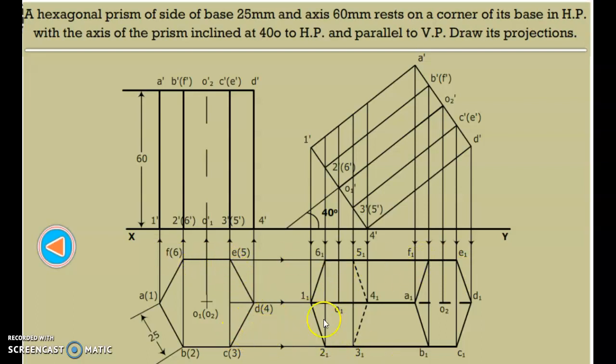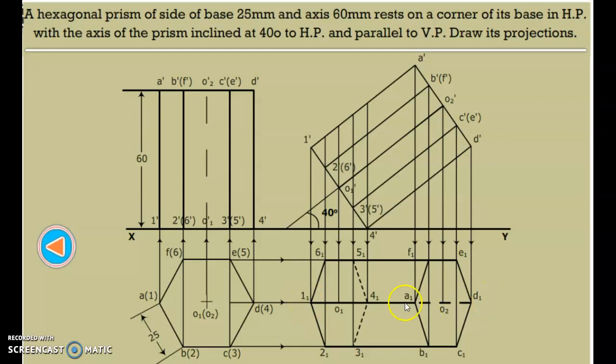Now mark the coincidence points where this one and this one meet. Where this 2 and this 2 meet here, this 3 and this 3 meet here, this 4 and this 4 meet here, this 5 and this 5 meet here, this 6 and this 6 meet here. Mark them as 1₁, 2₁, 3₁, 4₁, 5₁, 6₁. Similarly, mark where the points coincide as A₁, B₁, C₁, D₁, E₁ and F₁. Finally, join all the points.